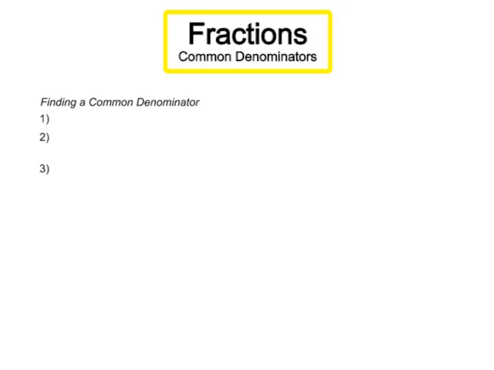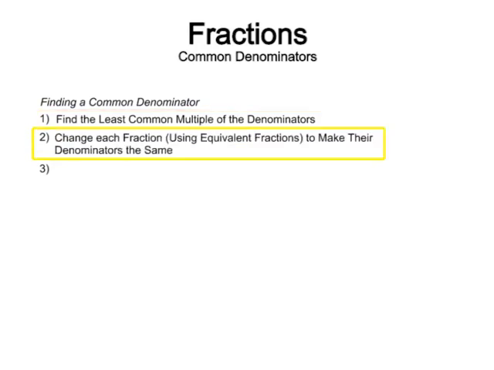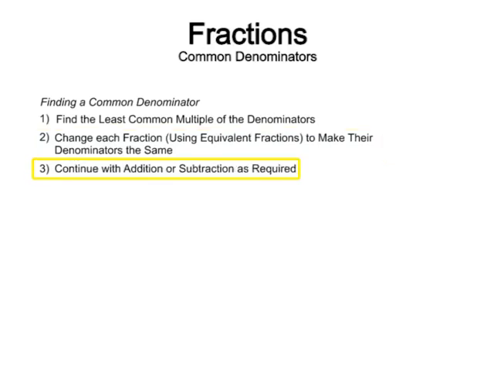If the denominators of a fraction are not the same, we must first find a common denominator before adding or subtracting. To do so, first find the least common multiple. Then multiply by an equivalent fraction of 1 to make the denominators the same, and finally continue on with the